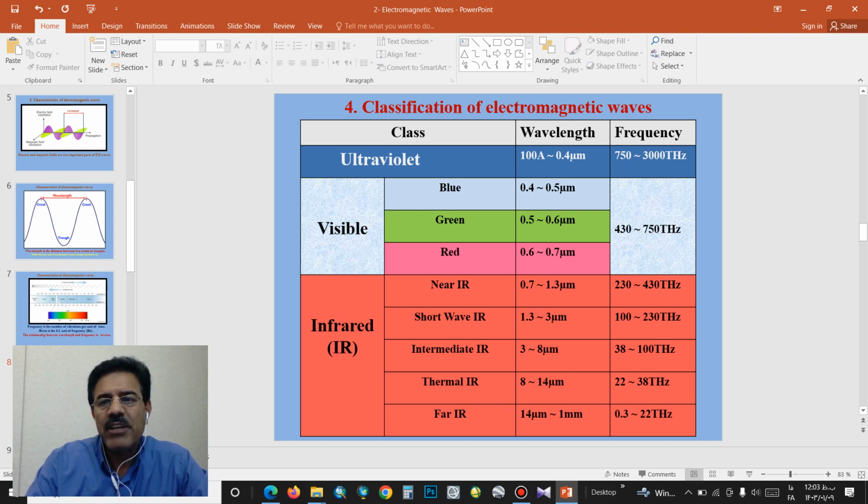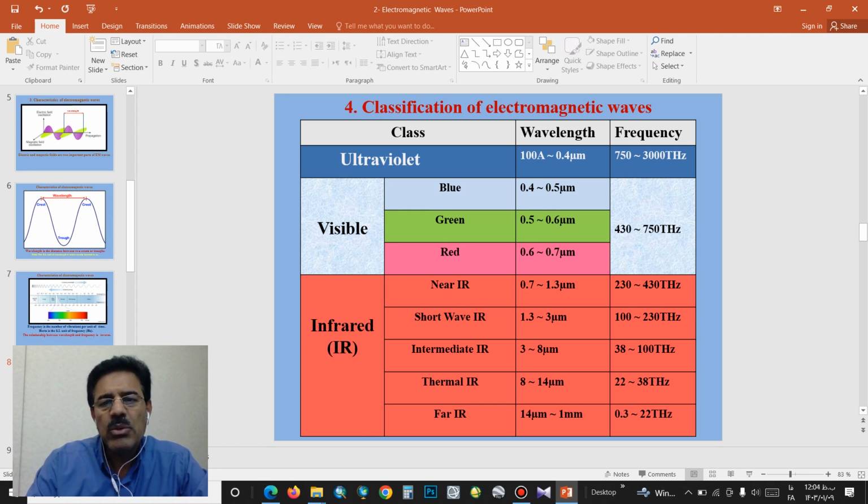Wavelength and frequency are two parameters of electromagnetic waves. For example, in the visible region, blue wavelength is